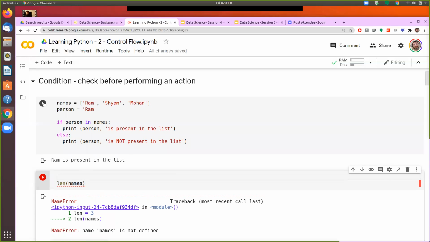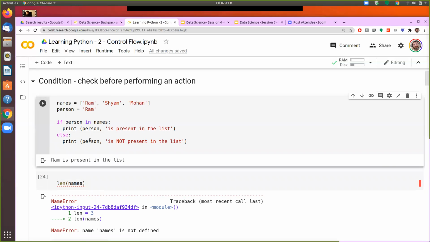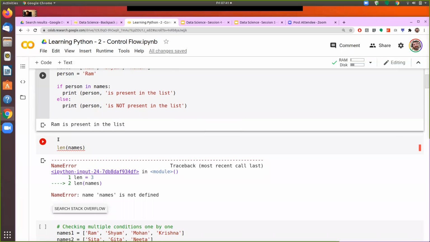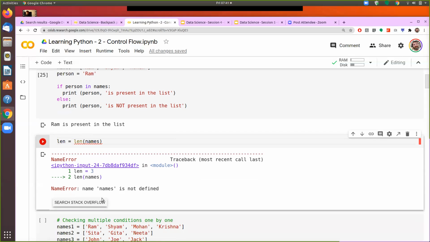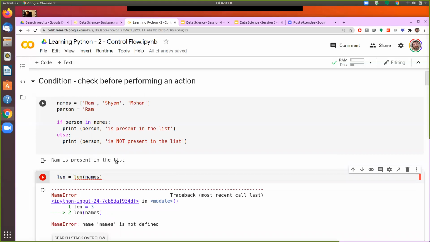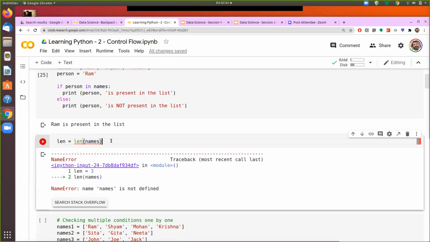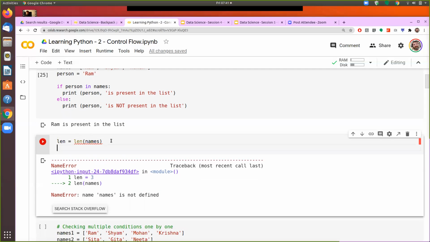Sorry, here I have not run this one, so a different error is coming. The earlier error, names is not defined, was coming because the previous cell was not run. Now let's try to do this.